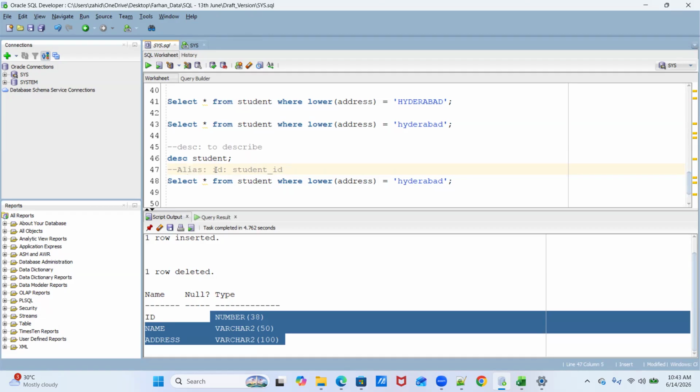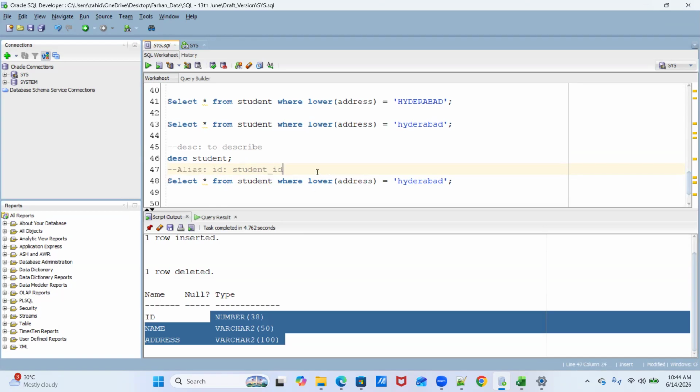This is one thing. Later on, we'll see more use of it once we understand join and all. Then you can give the alias for the table as well. Since now we are only understanding one table, there is no use of it. But once we are doing join operations between multiple tables, then we have to use alias for the table as well. And why do we do that?